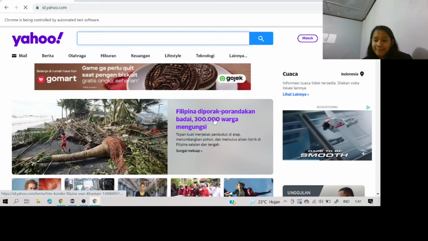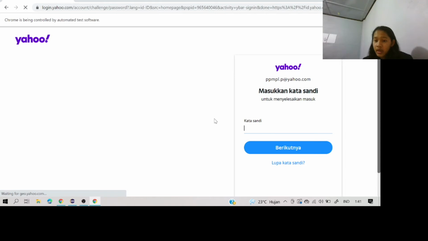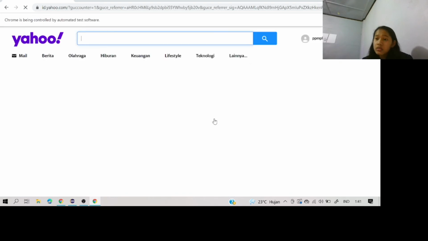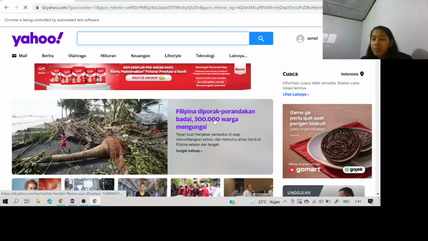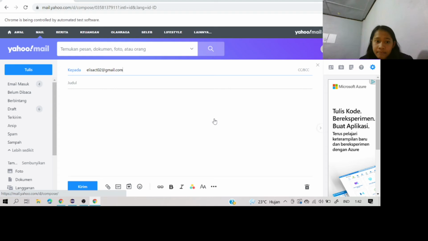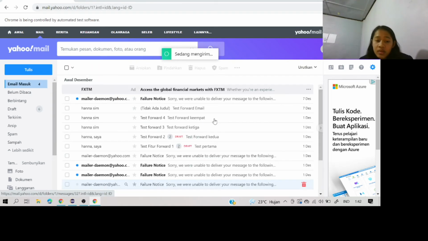And here we are, we open the login section, input username and password, next button, and here we click the mail to direct to the mail section, and then we click the button Tulis or write, and this is the CC, subject and mail body, and we'll click the send button, and then the browser is closed, and we open for